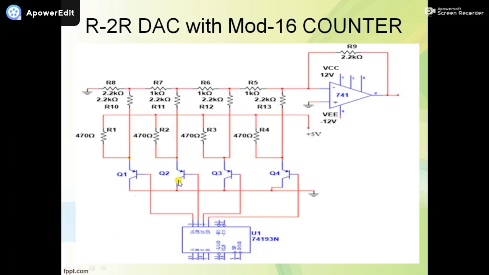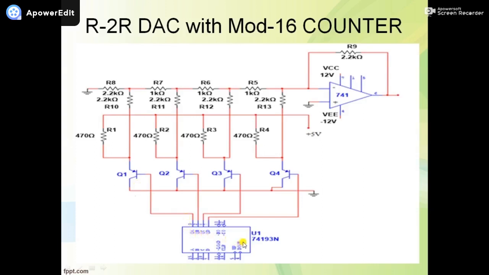Okay, how do these transistors act as an on and off switch? See here, this is a PNP transistor. This is emitter, base and collector. Base is the input of each transistor. If the base of any transistor is having 0, that means the transistor is in off condition. If the base of any transistor is equal to 1, it is an on switch, a closed switch.